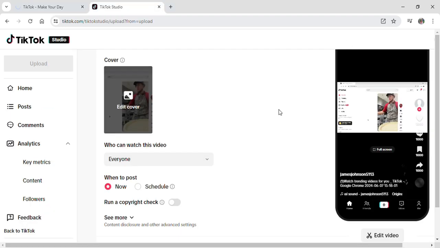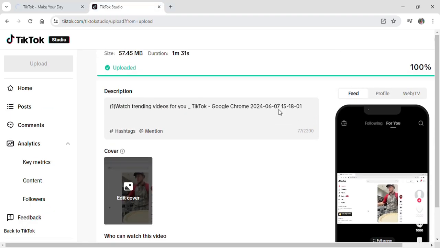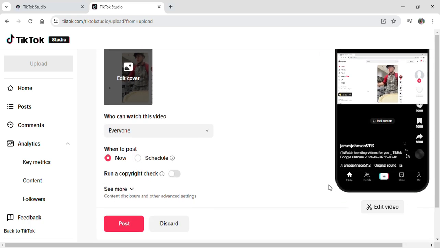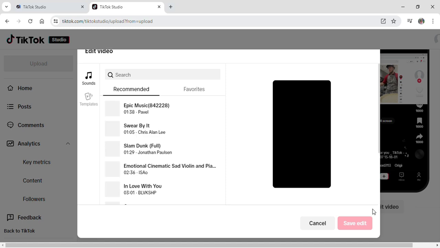And from here you just need to select the video that you want to upload. Here you can see I have already selected a video and it has been uploaded on the TikTok. After it has been uploaded, if you scroll down you can see an edit video option just below the video. If you click on edit video, another pop-up will appear right here, where you can see the option for templates